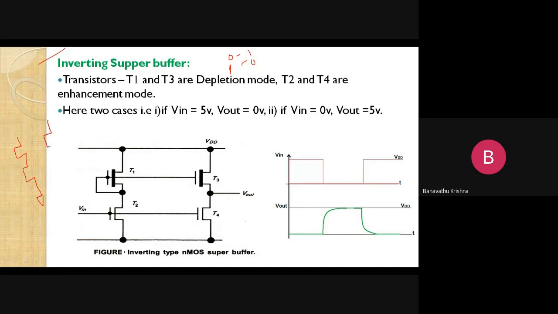And this is another inverter here, with ground connection and VDD connection. In this way the connections are made. Whatever the input data is here, that will be connected to the gate of transistor T3 also. Similarly, the gate of T2 is also connected to the gate of T4. Now I want to show the connection here. This is the depletion mode transistor.